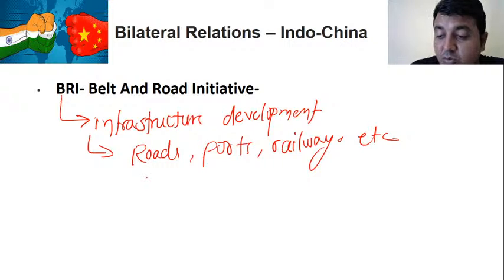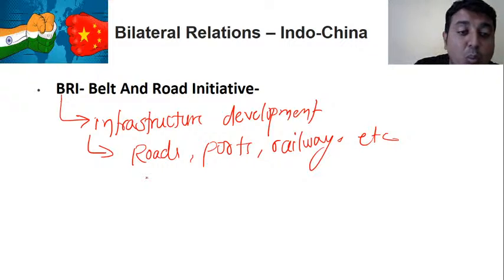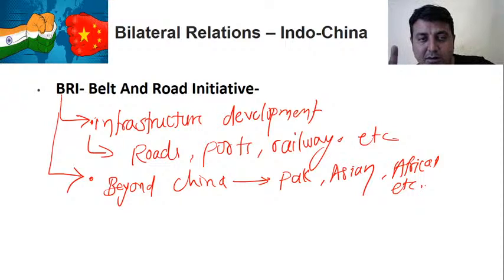Yes, Srividya said it passes through POK and it is a question of Indian sovereignty. So BRI is not just restricted to India. It is open for all. China is investing a huge amount of money in infrastructure development in the form of roads, ports, railways. But where? Is it restricted to China only? It's beyond China. This BRI is basically beyond China, in Asian, African countries and everywhere. China wants to connect all the countries. It's their initiative. Don't you think it's a good thing for those countries who are not in